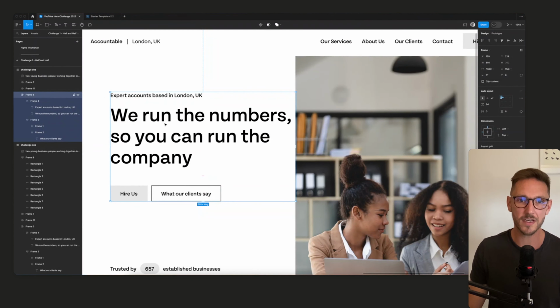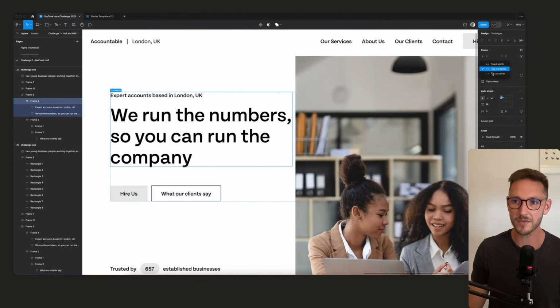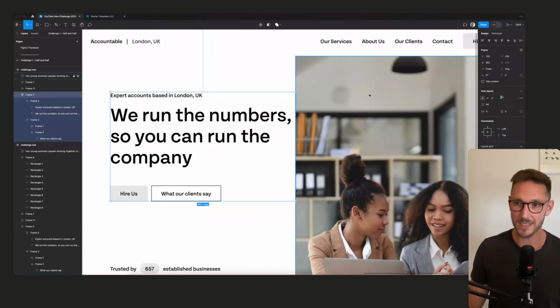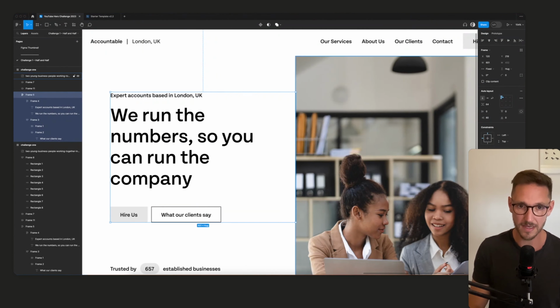So what we need to do first is make sure the things inside are set to fill their container. So that auto layout, which has the 2 bits of text, is now filling, and we want to select these 2 bits of text and fill them. Another thing we can do is double click to select that, hit enter on our keyboard. That selects everything inside that frame. We can set these both to fill container, and then we can grab this whole container and give it some right padding of maybe 80.